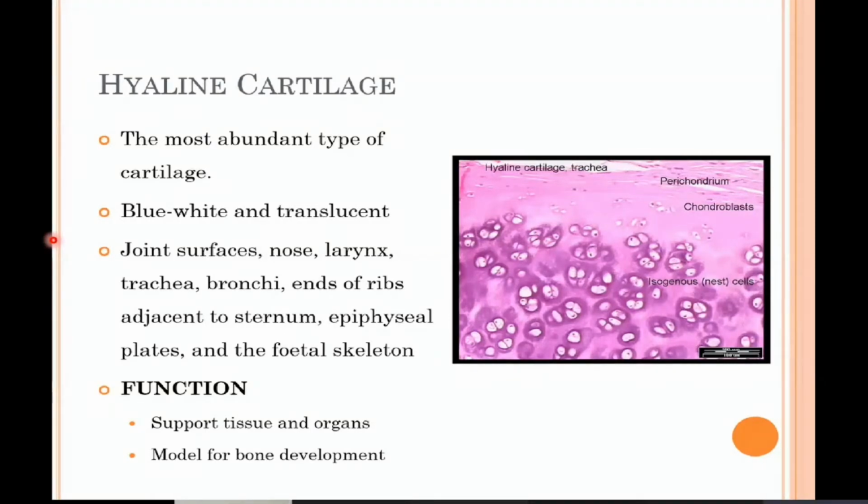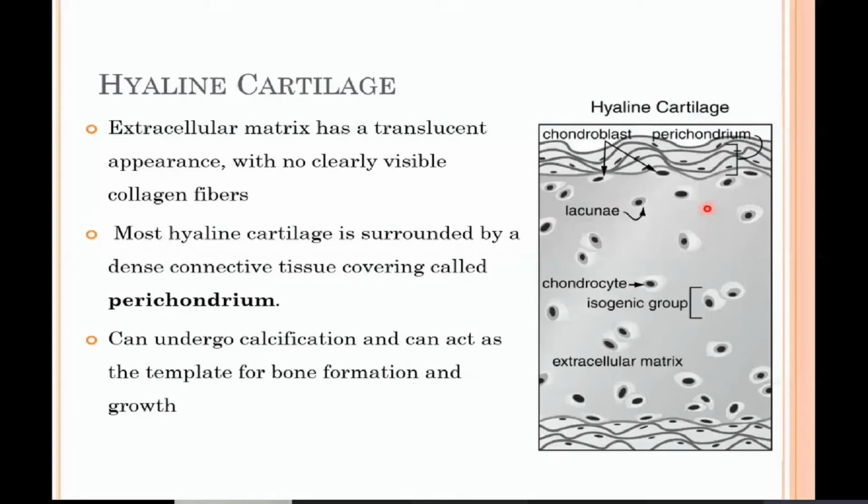Here you see the general structure of the hyaline cartilage. You see it does not have clearly visible protein fibers, those flexible elastic fibers or collagen fibers. The chondrocytes are present either singly within the cartilage matrix or in groups of isogenous chondrocytes, and groups of two. It has no supply of blood vessels or innervation. And this type of cartilage can be calcified and become bone.